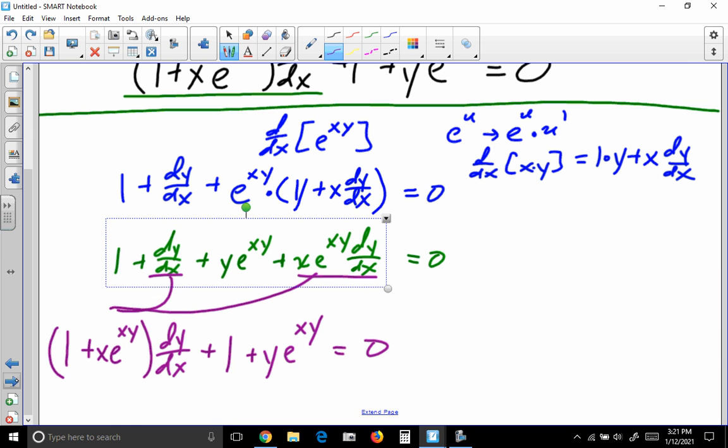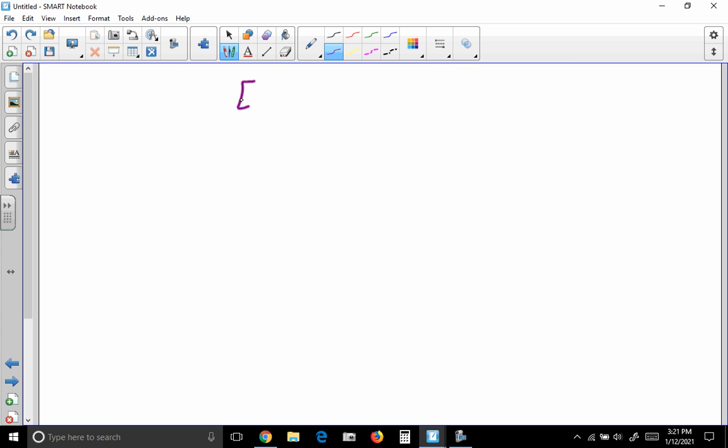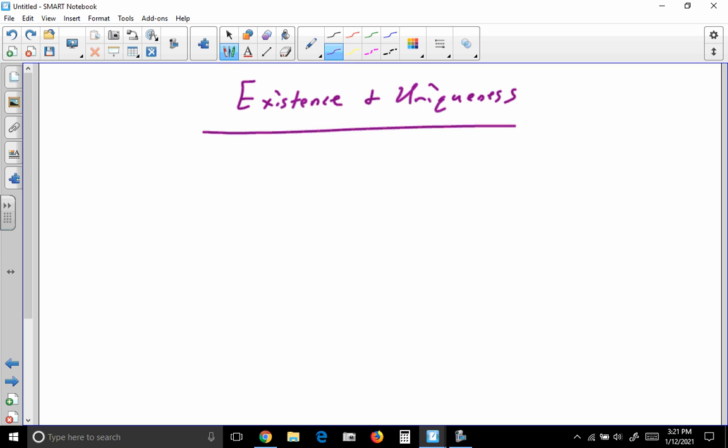The last thing that we'll look at in 1.2 is the existence and uniqueness of a solution. One thing that's mentioned in this section are initial value problems. So what do I mean by initial value problems? Let's suppose I have a differential equation,